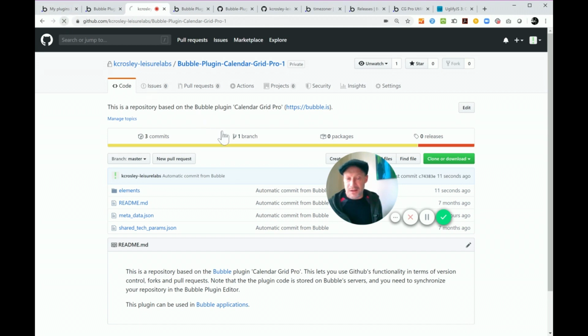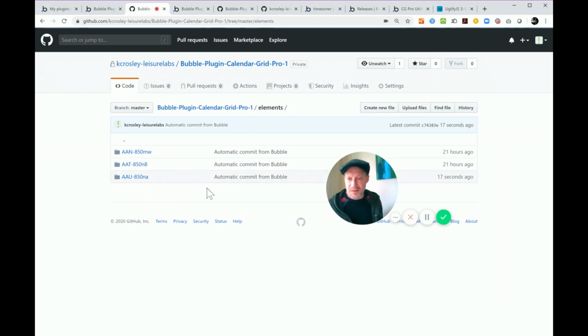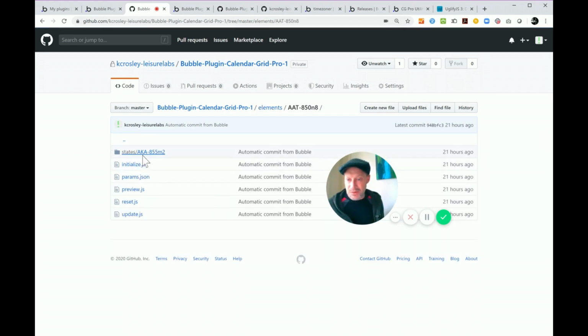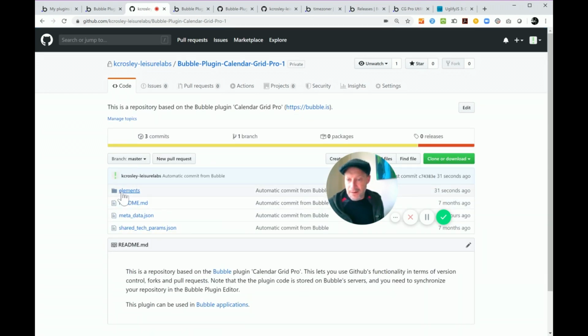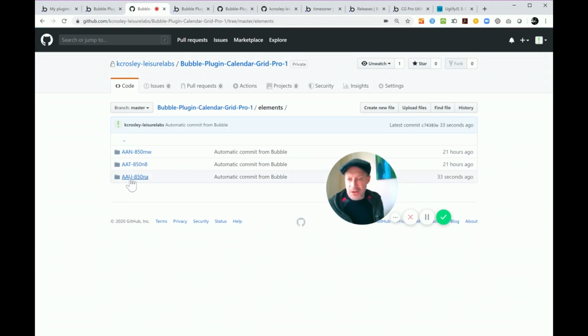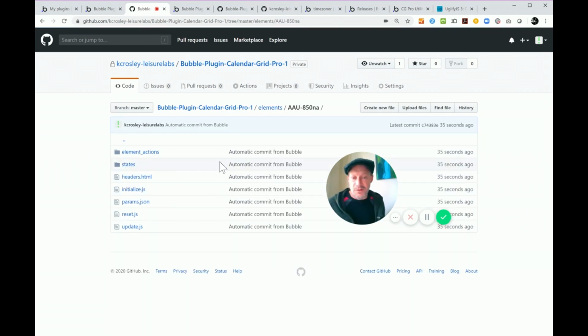And let's refresh it just to make sure. Refreshing the page. If we look in elements, we should see 3 now. Yes, we do. So here is AAN, which is the original Calendar Grid Pro. Here is AAT, which is the little date range builder plugin. And then here, the third one, AAU, is the new version of Calendar Grid Pro that I want to replace